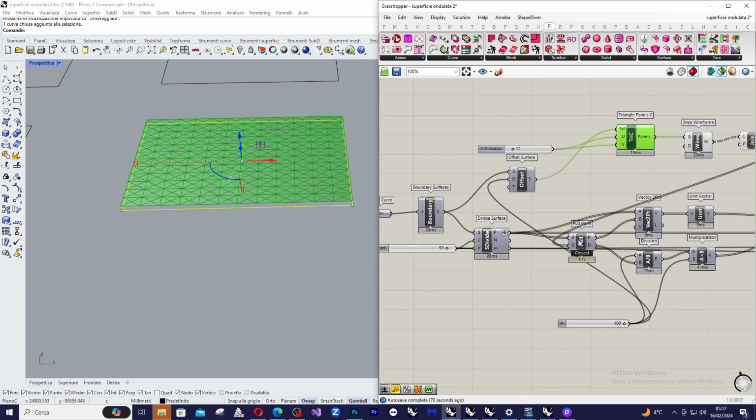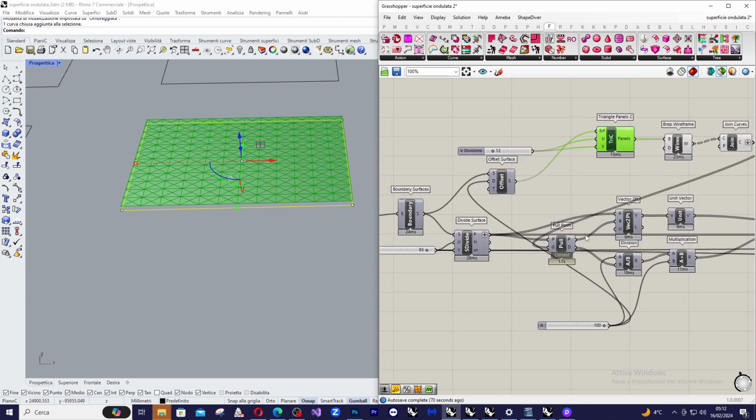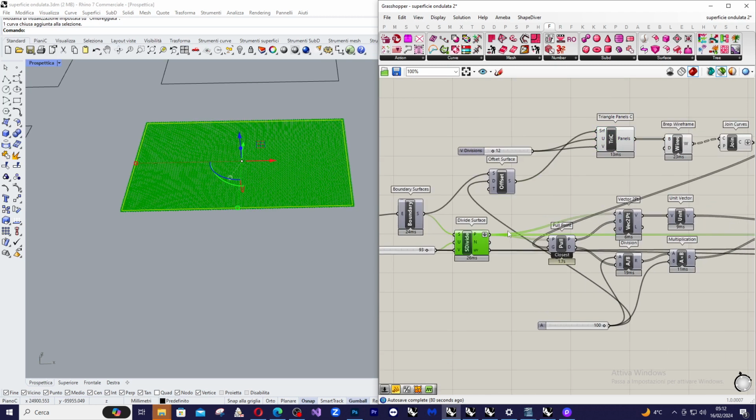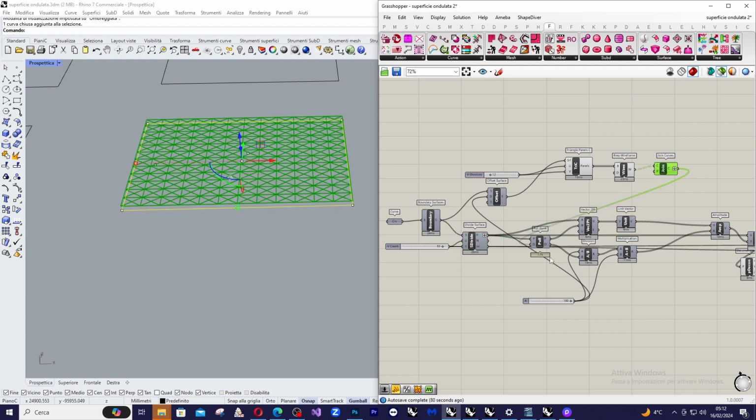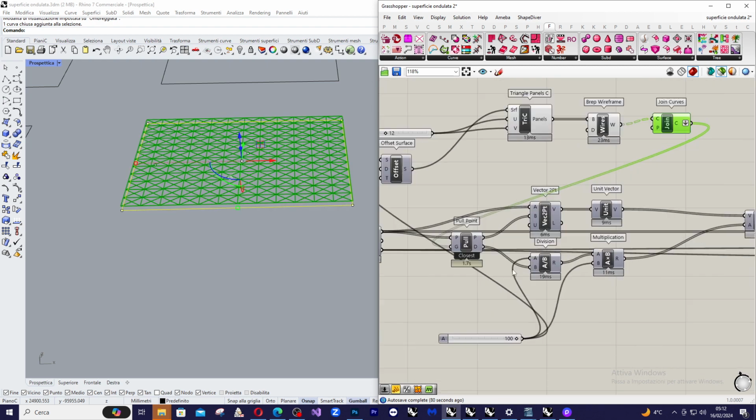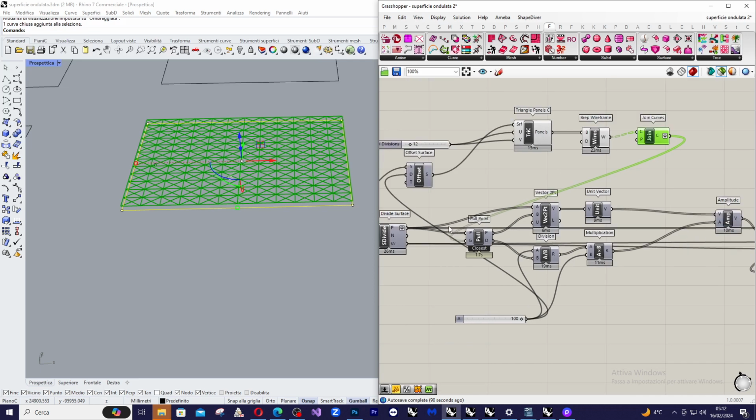Then we are going to pull points, so we are going to pull the points of the first grid in the direction of the curves we just created, and what we obtain is a point, the final point here, and a distance. Then we use vector to points to evaluate a vector that starts from each one of these points and goes to each one of the pulled points. So from the starting point to the pulled point, and then we are going to evaluate the versor,